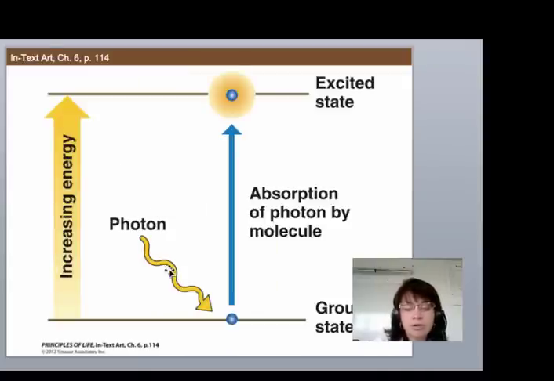So a photon of energy, or light, comes in at a certain wavelength that has a certain amount of energy in it. And again, this is something that you did in chemistry. So remember, electrons can be elevated from a ground state to an excited state. And when you did labs with this last year, I know that you looked at an evacuated tube that had only one kind of gas in it maybe, and you watched it get energized with energy. The electrons got excited, and then they fell back down to their ground state and emitted that energy in the form of light, and you got to see a spectrum that those